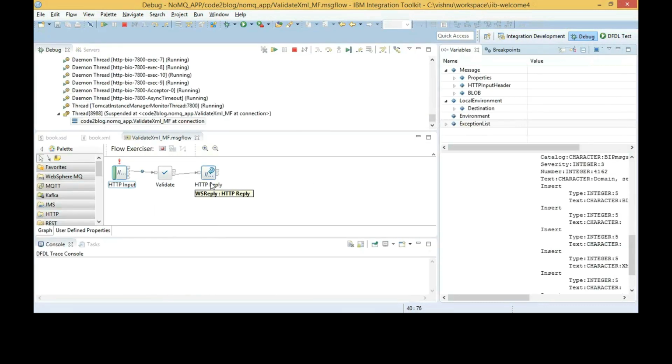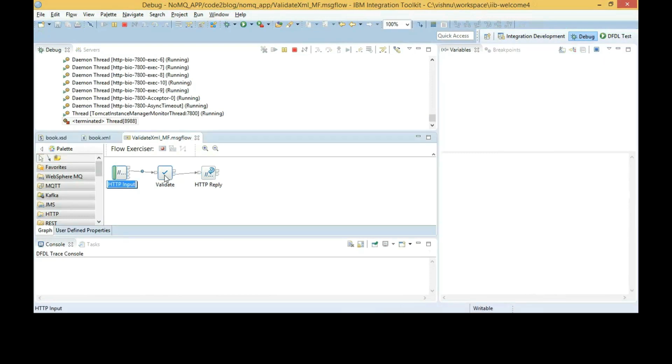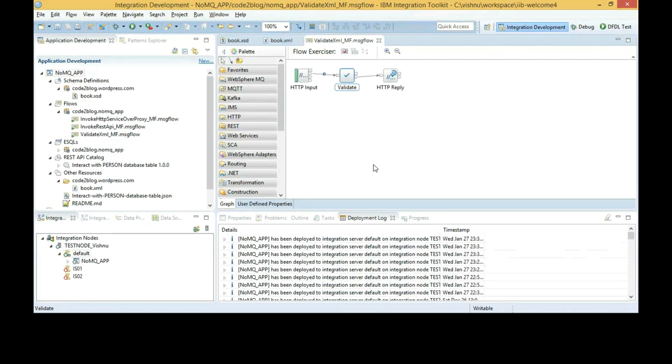Domain check failed. If you set the input node's parser value as blob, then you would get this error.